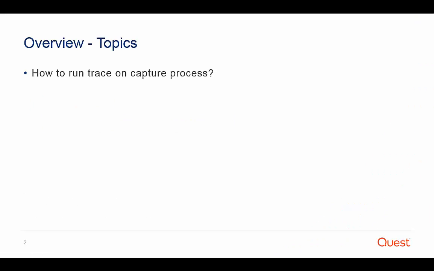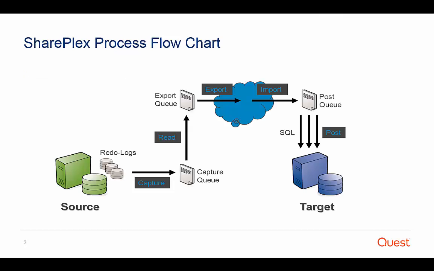Today's topic of discussion is how to run trace on capture process. The process flowchart shows the processes and data flow in SharePlex replication. Capture reads online redo logs or archive logs and writes messages into the capture queue. Reader reads messages from the capture queue and fills in the key information, then writes to the export queues. Export sends messages to the target side and import receives them and eventually post executes the SQL into the target